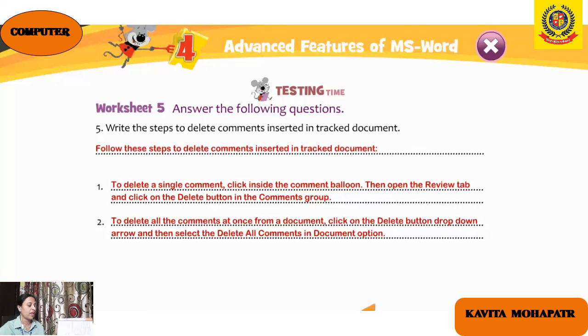Again, I am repeating, worksheets 1, 2, 3 in the book and worksheets 4, 5 in your notebook. So your homework is to write worksheets 4, 5 in the notebook and worksheets 1, 2, 3 in the book.